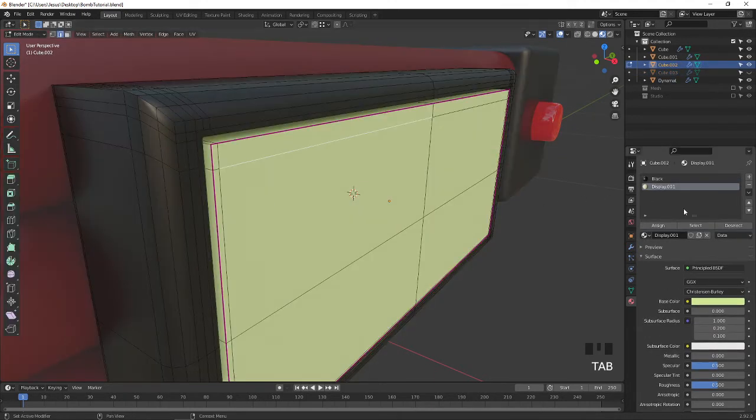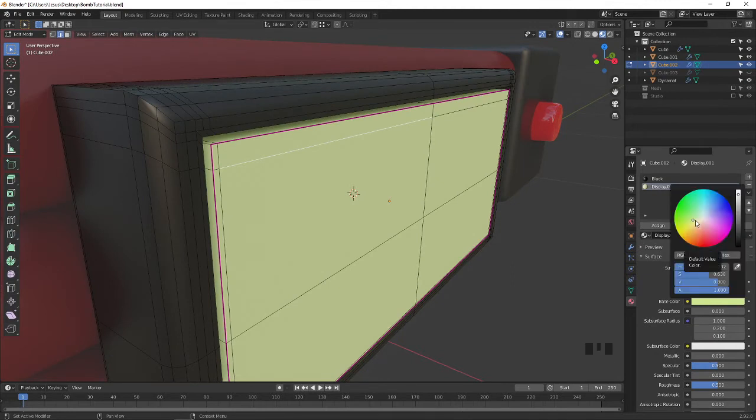So I go to edit mode and, okay, I'm going to give it a gray color.